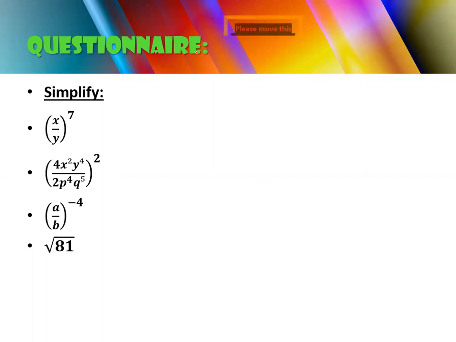So what will be the answer? The answer will be 9. You will simply write 9 multiplied by 9. 9 nines are 81. Then you will make the pair of this one, and this will be cancelled with this one. Your answer will be 9. Very good. Now move on to this one. Now solve this one. Break 12 into its factors.